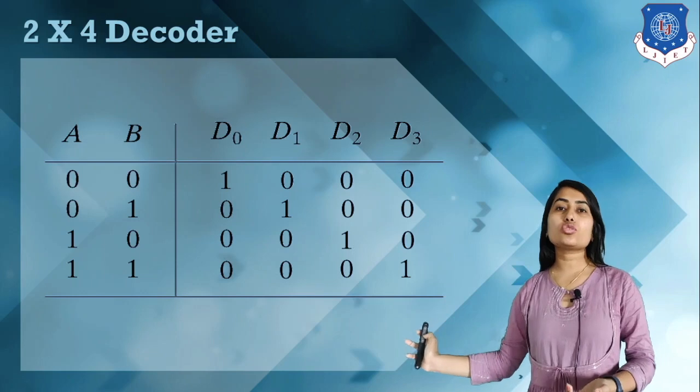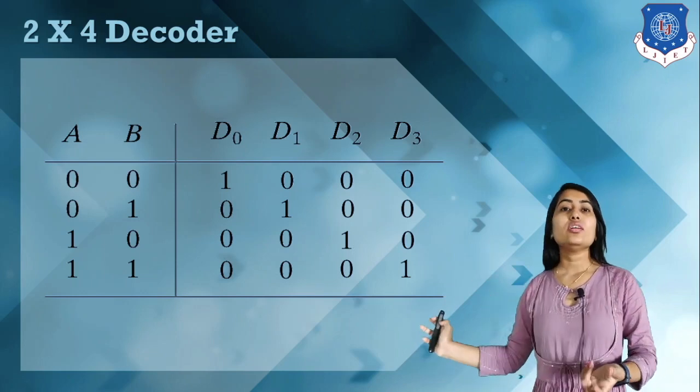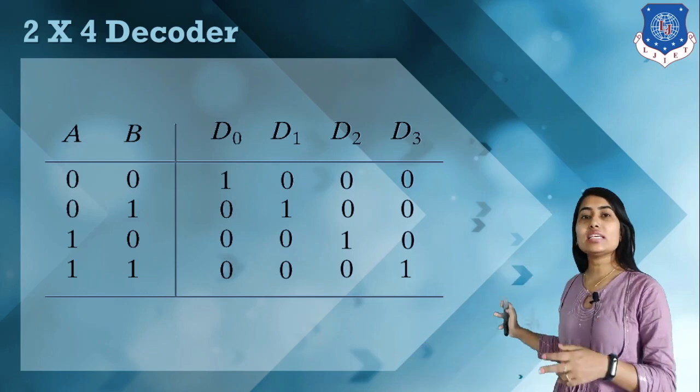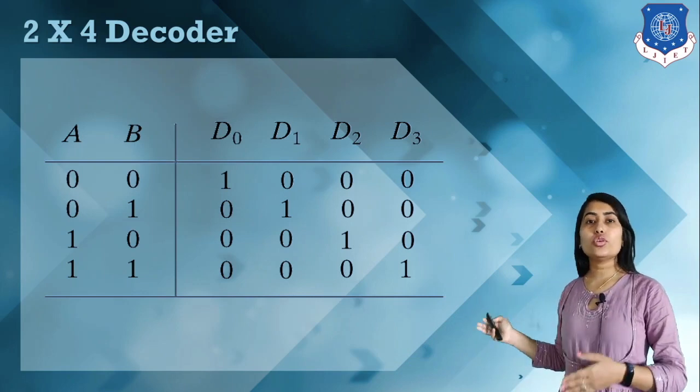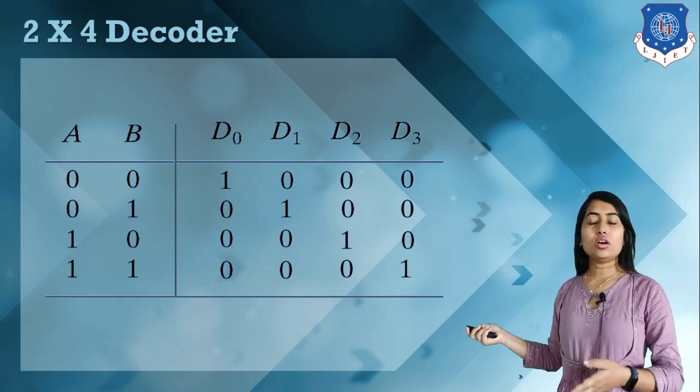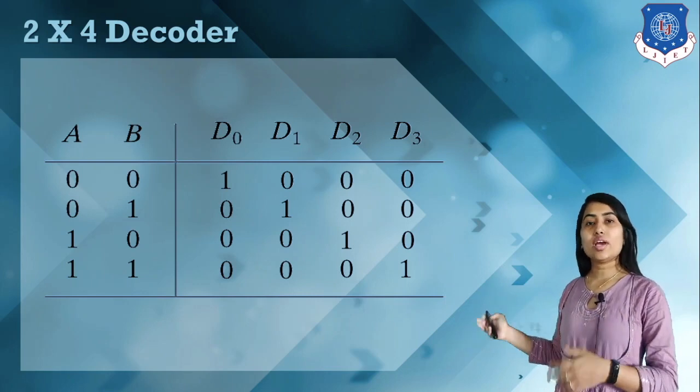When AB is equal to 1, 0, Y2 is equal to 1, and when AB is equal to 1, 1, Y3 is equal to 1, and the remaining outputs are zeros. Okay, so this is a 2x4 decoder, and here we have a logical expression for Y0, Y1, Y2, Y3, and